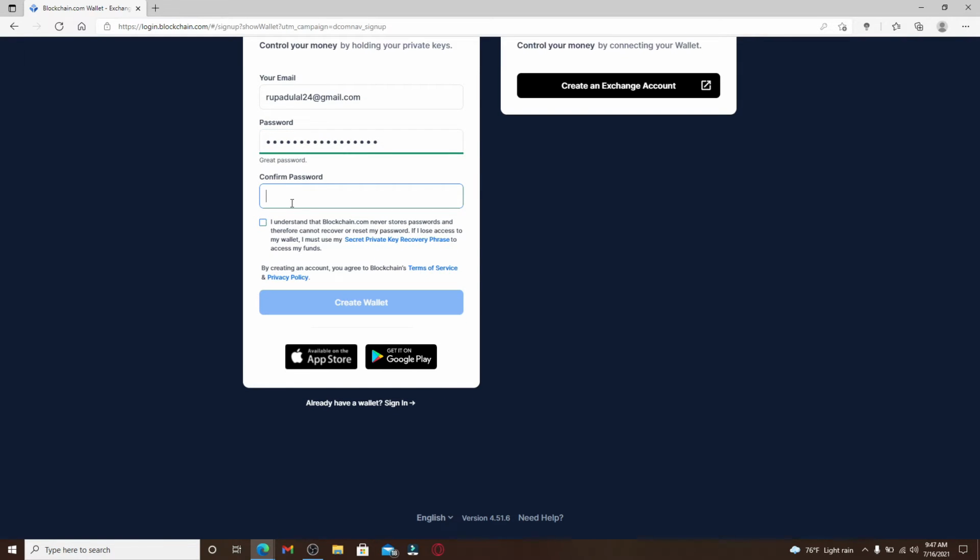Now, confirm the password by typing it again in the text box. Make sure to type in the same password, and once the password matches in these boxes, you can click on this button where it says, I understand that blockchain.com never stores passwords and therefore cannot recover or reset my password. So if I lose access to my wallet, I must use my secret private key recovery phrase to access my funds. So after you create your password, you'll need to go ahead and once you do that, click on Create